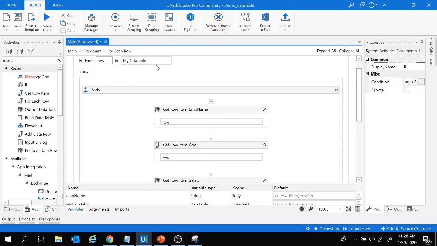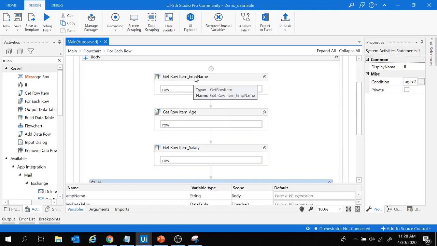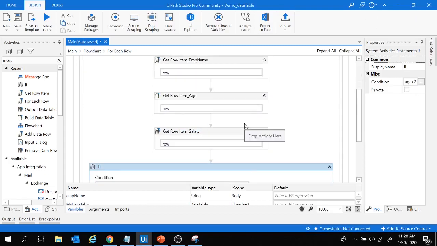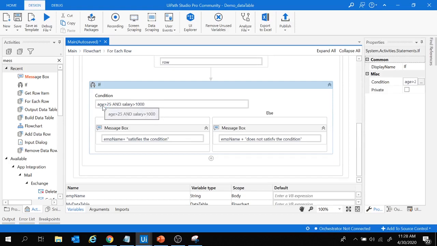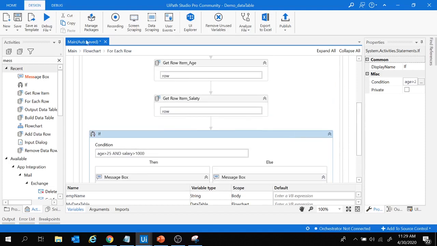Then we are providing a condition that if age is greater than 25 and salary is greater than 1000, then display the message as employee name satisfies the condition. Else, that means if this condition doesn't meet, then we are going to display a message as employee name doesn't satisfy the condition. So our project is ready now.